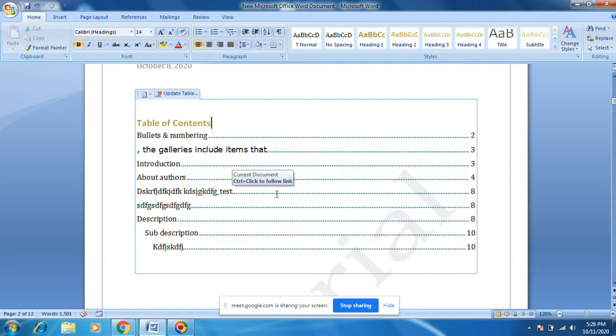You see this line also came, underscore test. Okay, this line I have added as a side heading. If you want to go to any place, you see, control click.